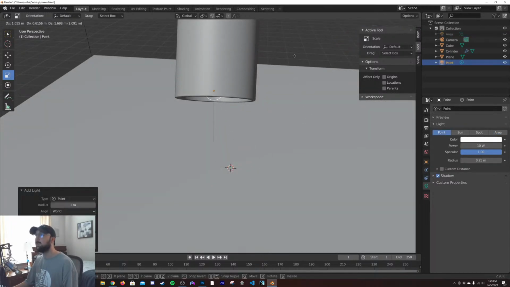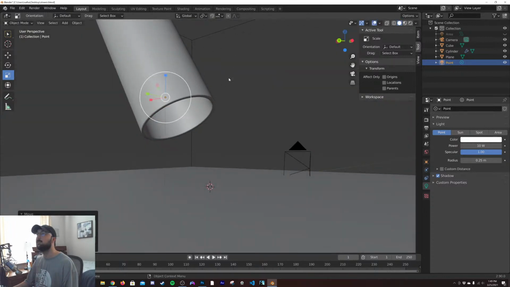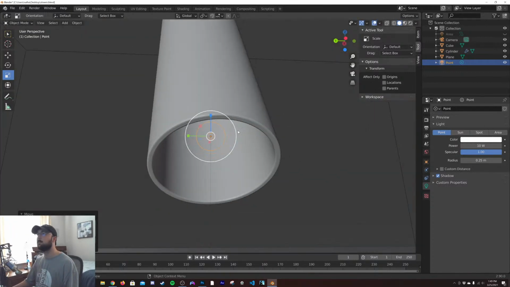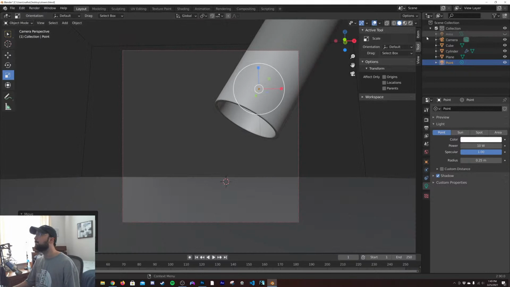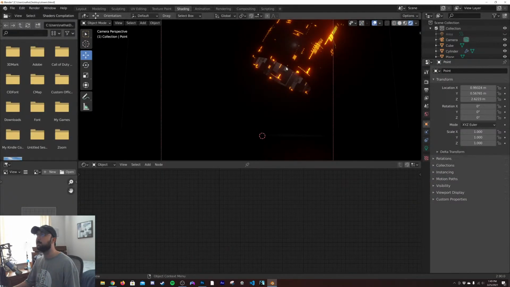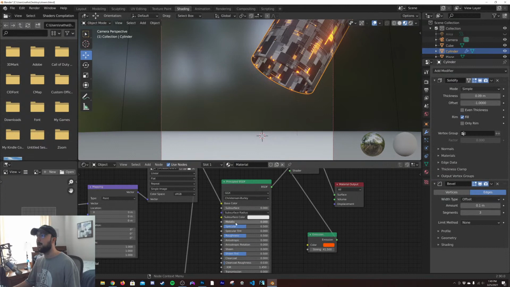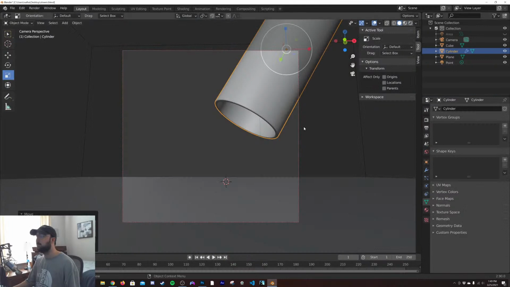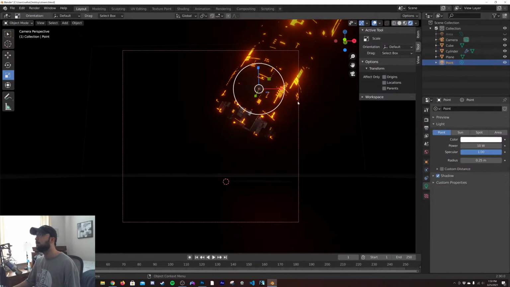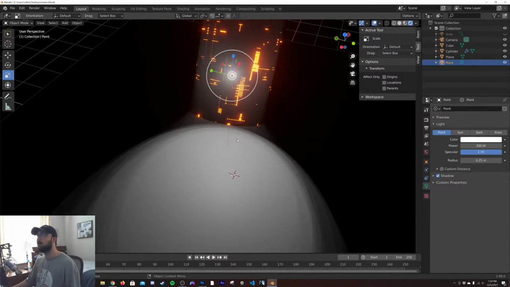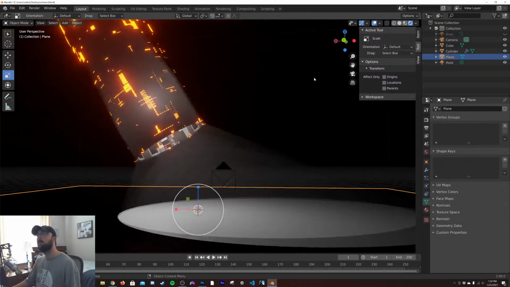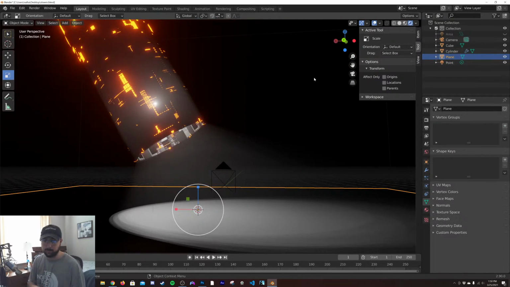Cool. So we'll get that here. Is this in the middle? Cool. All right. One thing I didn't do here in the shading, which is what I want to do, is make this metallic. There we go. Now it's metallic. I like that. So now we have a point light still shining through. I guess that's an Eevee problem. Oh, that's even worse. It's just bleeding through like that. It's super ugly. And that's just a real-time render engine problem.